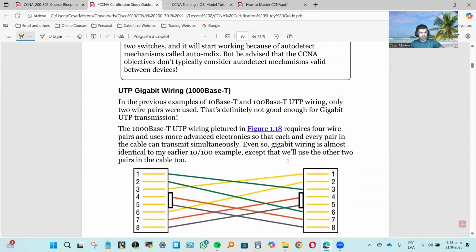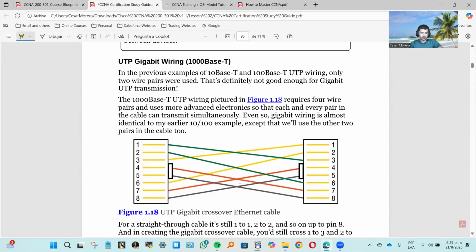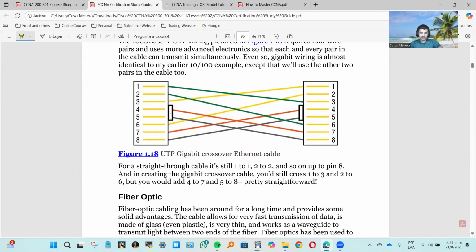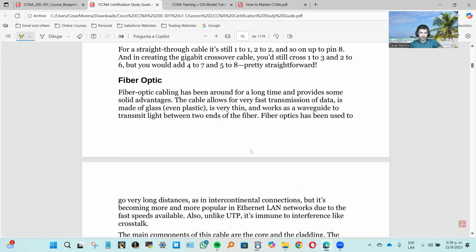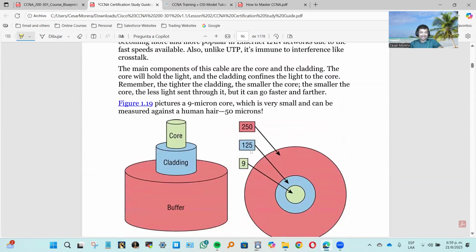Let me see, what else do we have here? Oh, we're missing some important information there. UTP gigabit wiring, 1000BASE-T, and you can see figure 1.18 showing the connection, how everything is plugged together. Fiber optic. Okay, the fiber